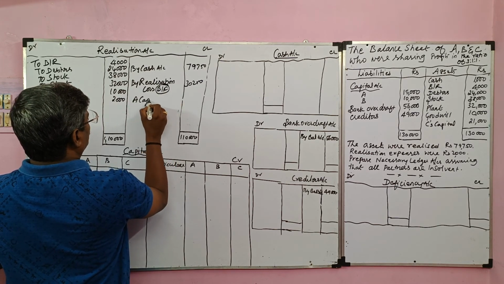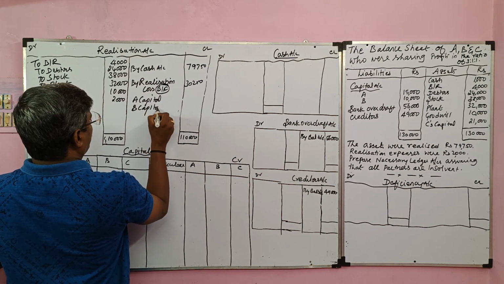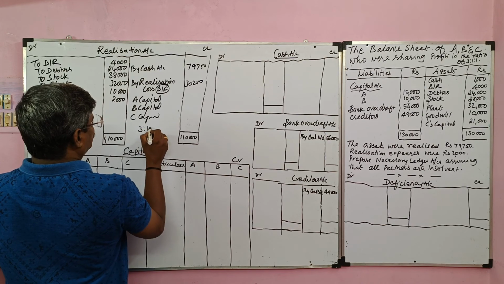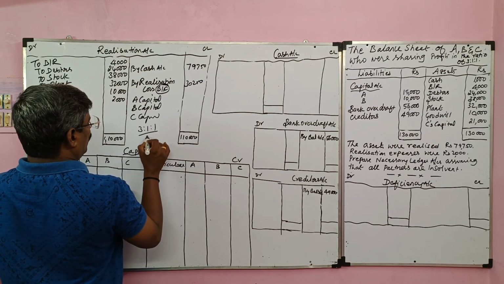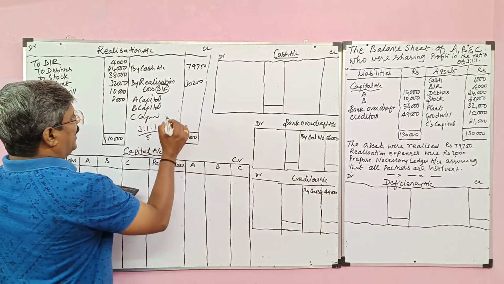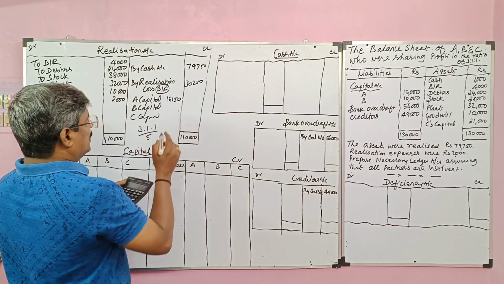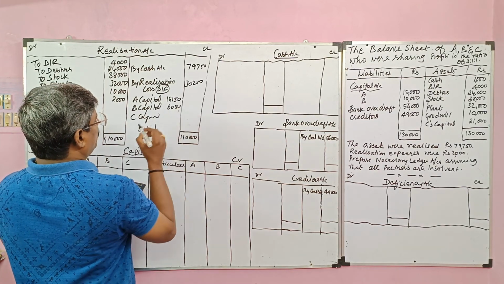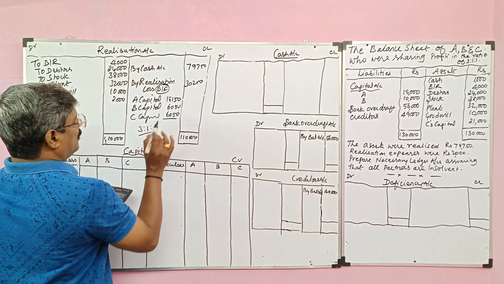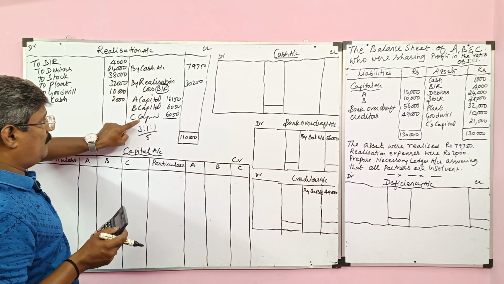A's capital, B's capital and C's capital, in the old profit sharing ratio that we know, 3:1:1. So 30,250 divided by 5 into 3 gives 18,150, which goes to A's capital. 6,050 goes to B's capital. Then 6,050 goes to C's capital. Now what we did: we prepared the realization account, ascertained the realization loss, and transferred it to all partners' capital accounts